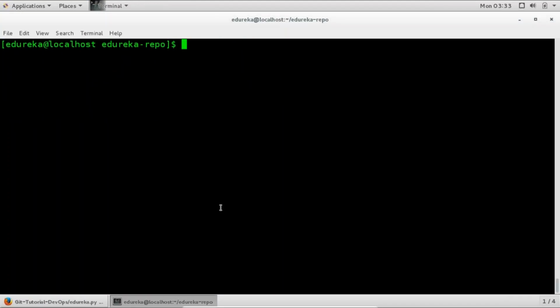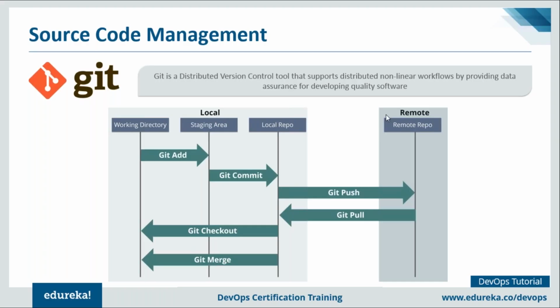So I've covered few basics of Git. So let's move forward with this DevOps tutorial, and we are going to focus on the next stage, which is called continuous integration. So we have seen few basic commands of Git. We saw how to initialize an empty directory into a Git repository, how we can add a file to the staging area, and how we can go ahead and commit it in the local repository.